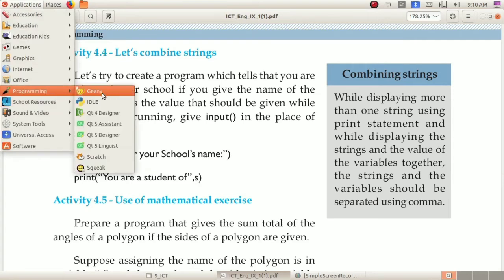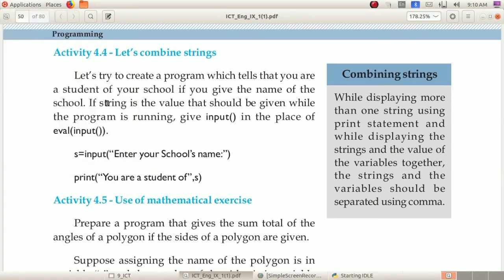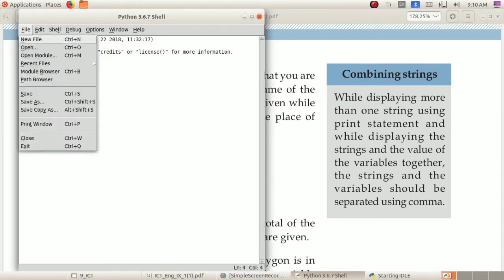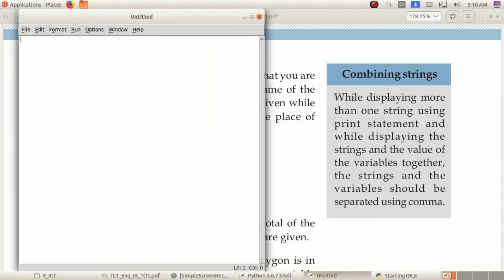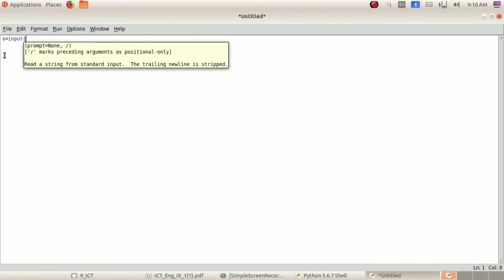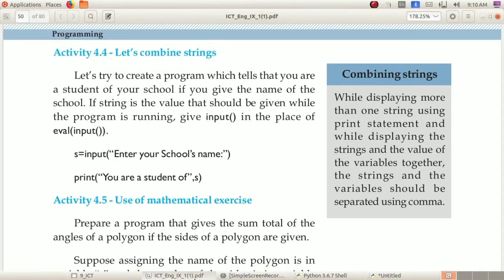Applications, programming, IDLE. You can open a new file and type here. S equal to input of, enter your school's name.